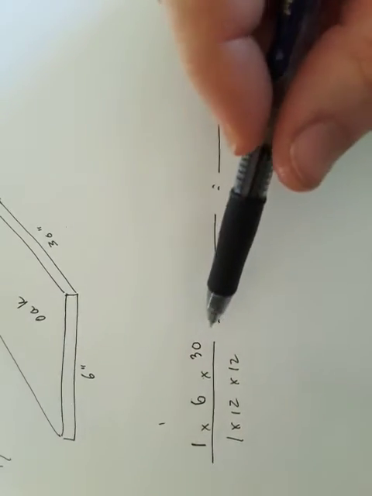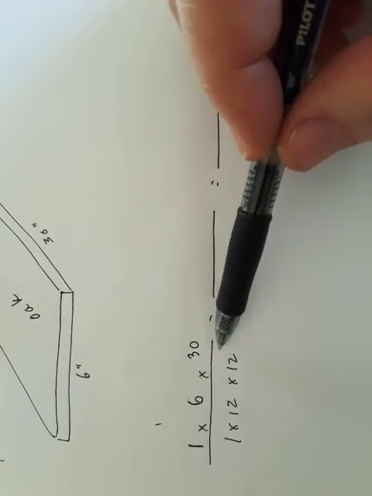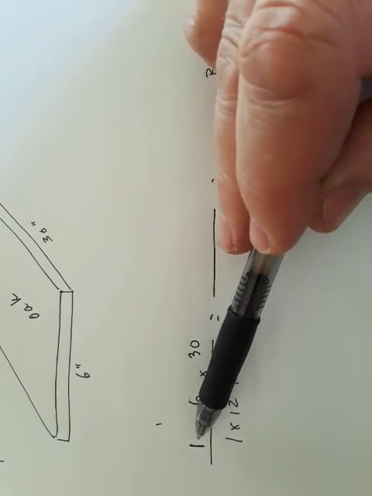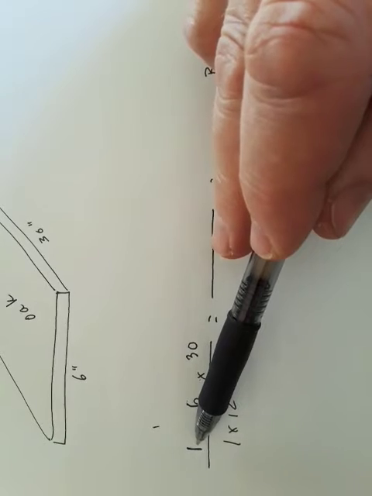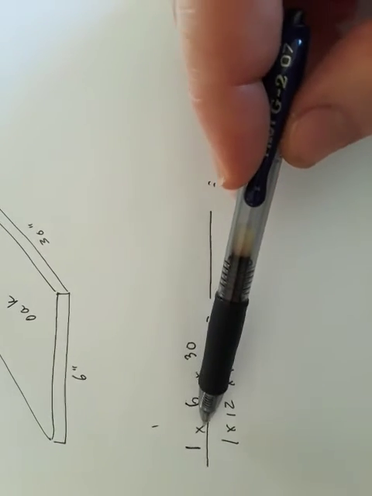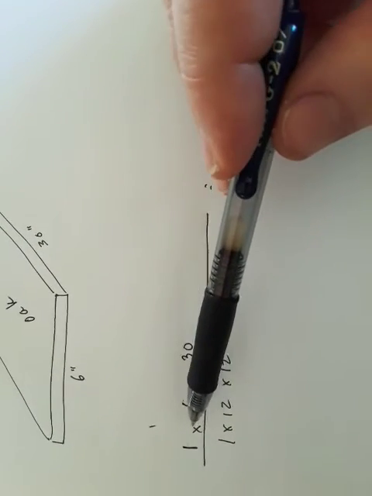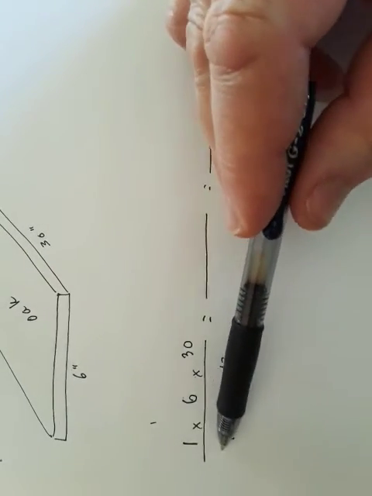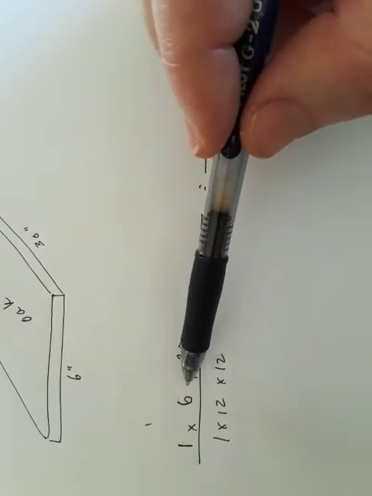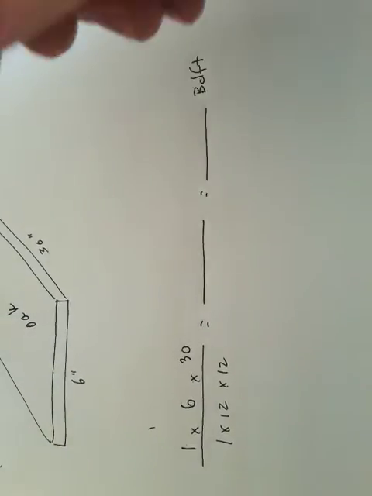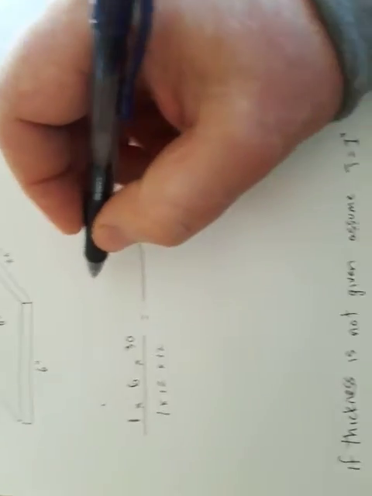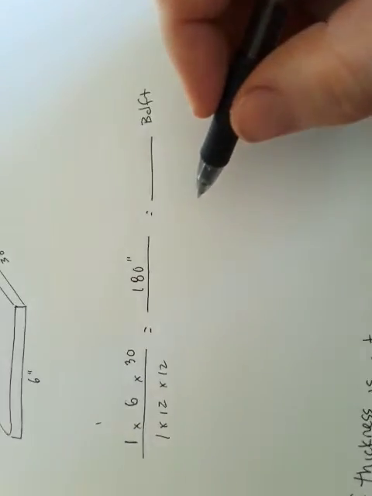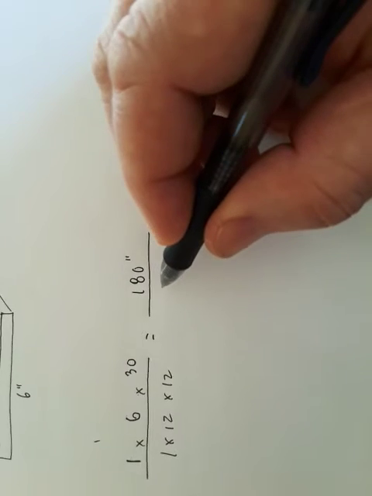I really don't need a calculator for this, but certainly can use one. Here we have the number 1. In math, anytime that we multiply a number by 1, it ends up being itself. So we could just skip that. We really need to just take 6 times 30, so that ends up being 180, and again that's going to be inches, and then 1 times 12 times 12 is